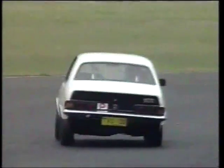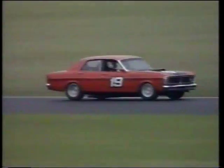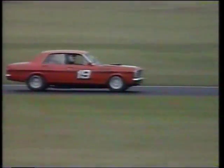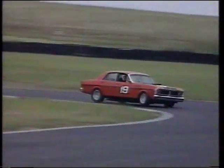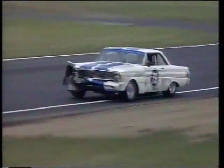But we're starting to see now into Group N. We've got Group NB, Group NC. Now, the Group NC cars are these later model touring cars of yore. And one thing is for certain, I think it just increases the crowd awareness of how great these cars were in their day. It certainly does, and these cars take over in